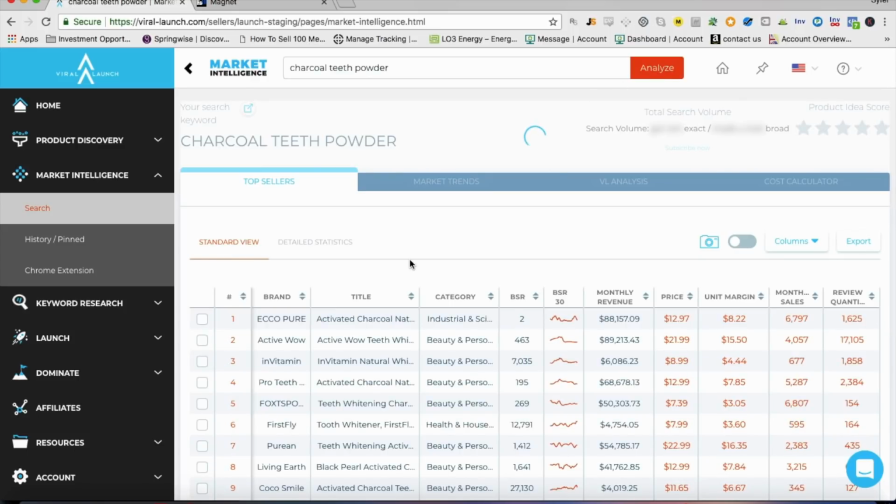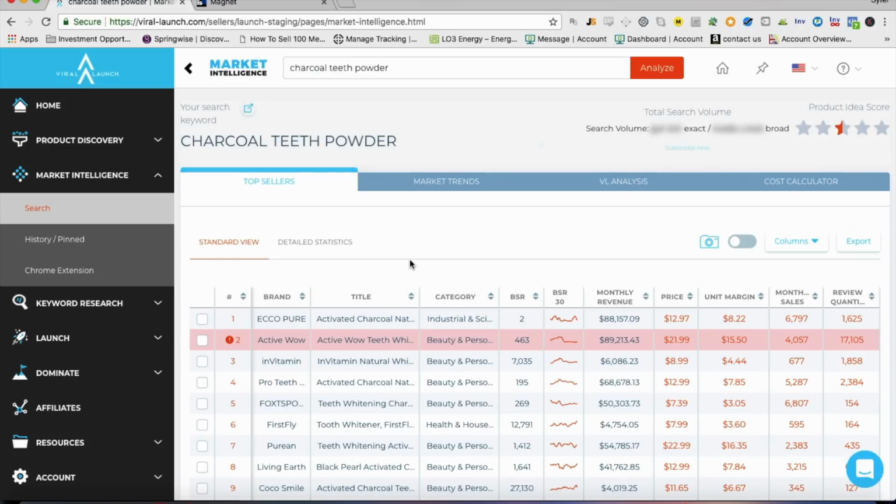Charcoal teeth powder. Okay, so here's an example of a product that might not be so good. As you can see here, this one has a product idea score of 2.5 stars. So you would want to stay away from a product if you put in your keyword here and it's below 3 for sure. You'd want to stay away from that,